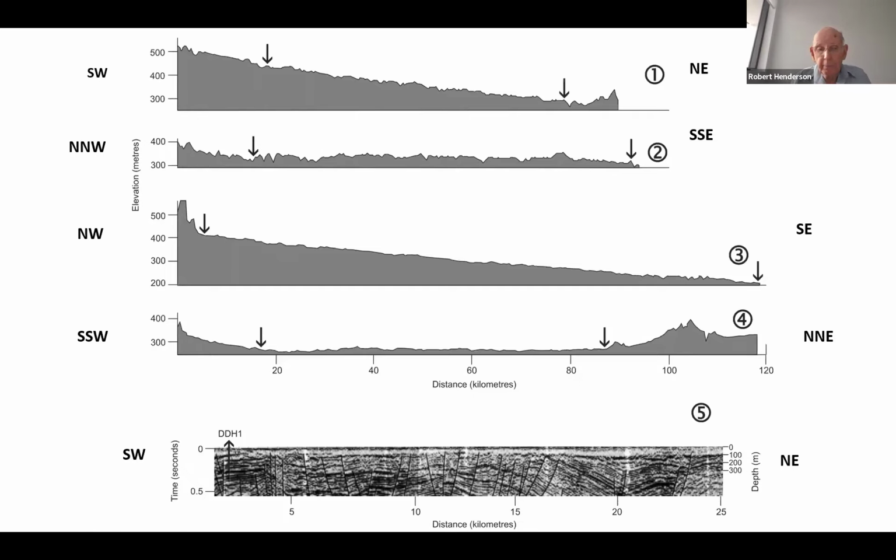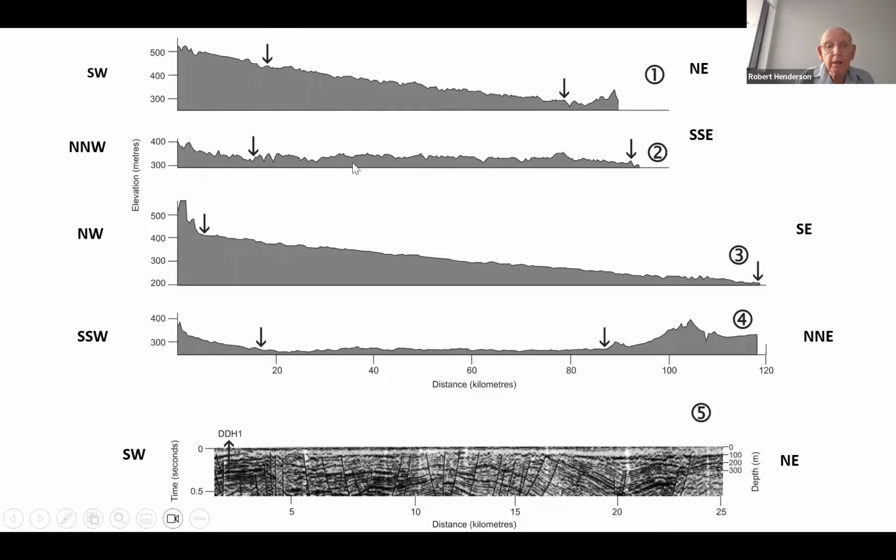It's actually covered by the Nulla basalt, but its extent is really shown here by these arrows, and it goes for tens of kilometres. It's quite a substantial extent,